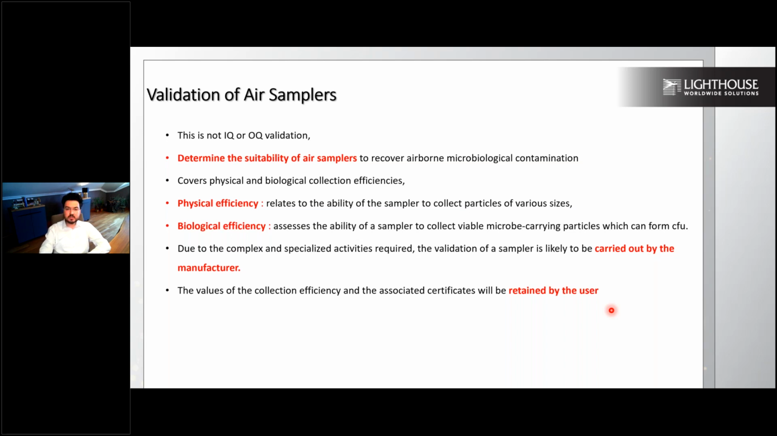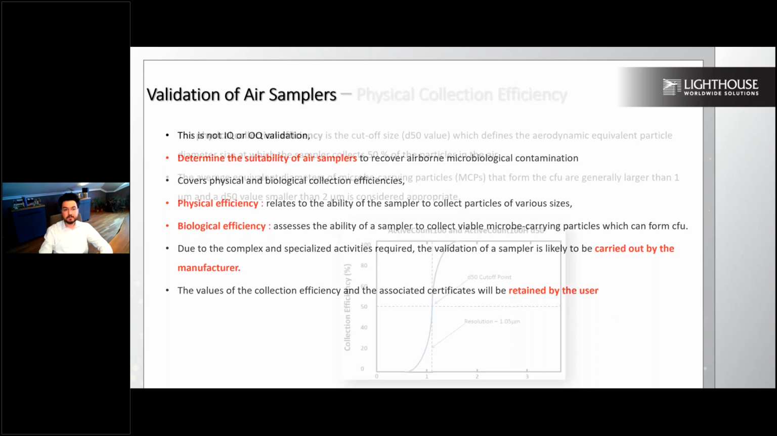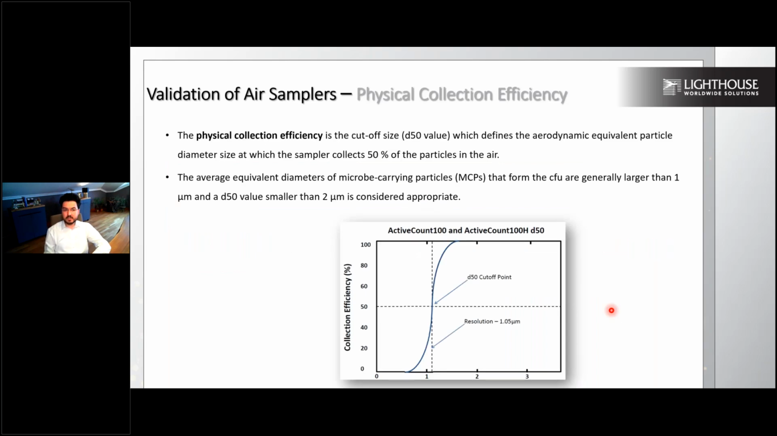So this validation is complex because you have to validate your sampling head, biocollector, which we call impactor, as well as your collection efficiency, physical and biological collection efficiency. When it comes to physical collection efficiency, this EN norm is referring to ISO 14698 cutoff rate, which is the D50 value. Depending on the application, this cutoff size is the average equivalent diameter of microbe-carrying particles